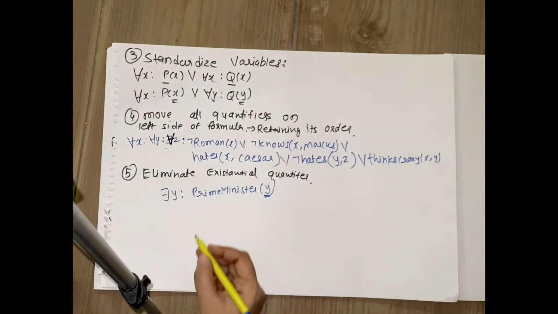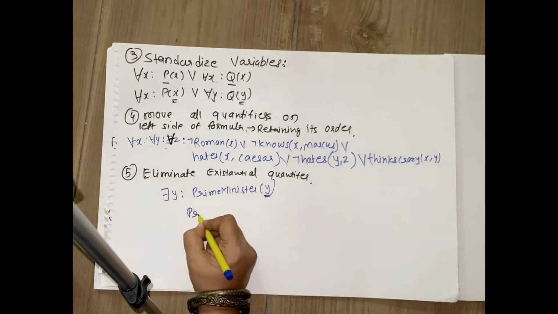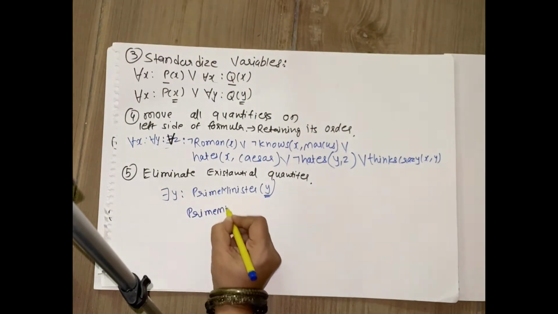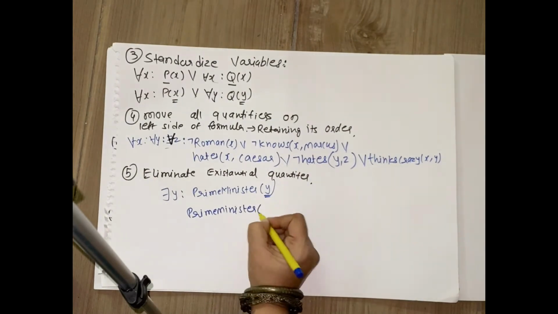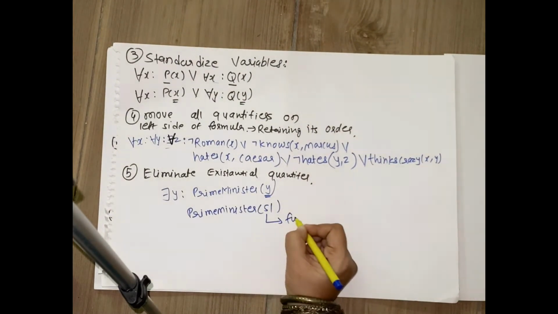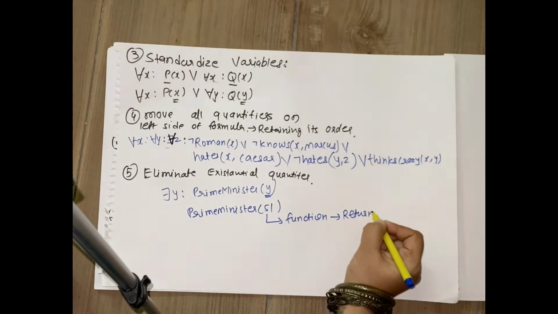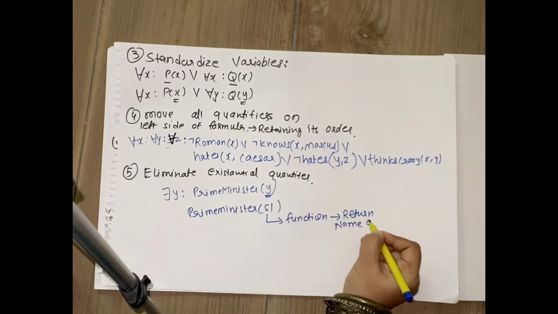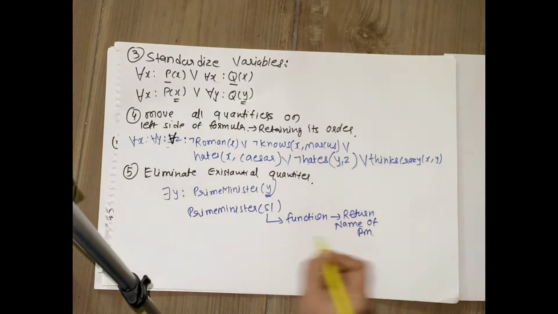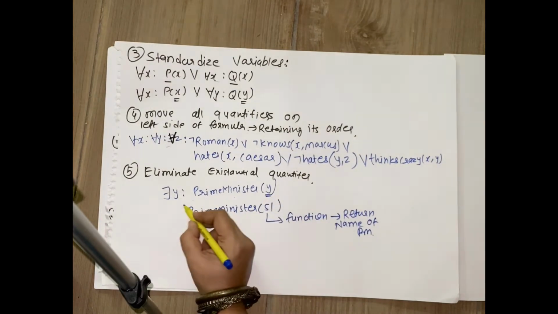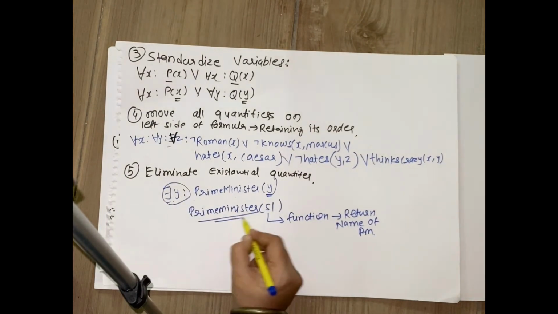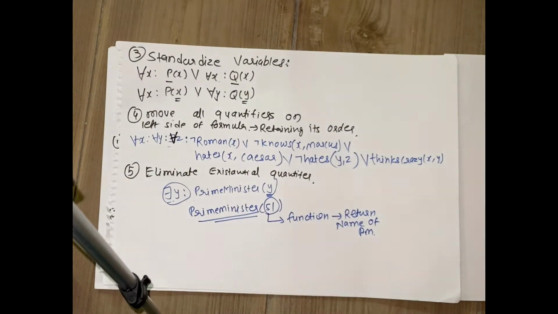So what you can do over here is, you can consider Prime Minister S1, where this S1 is a function which is going to return you the name of the Prime Minister. Are you getting this? Prime Minister Y will be converted to this when you eliminate it, where you are using S1, which is the name of a function. You are actually invoking a function S1, and this function S1 is going to return you one specific name, which is the name of the Prime Minister.